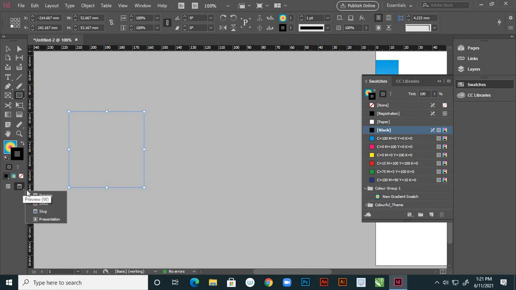In the present view, and this is bleed. So I'll explain about bleed, slug, presentation, right? And in designing time you'll understand more clearly, because right now I'm not applying any bleed and slugs, right? Here I'm taking a normal page. So keep this as it is. I'll explain this in the next class, right?